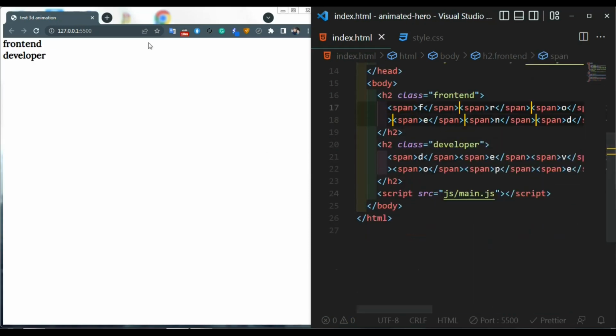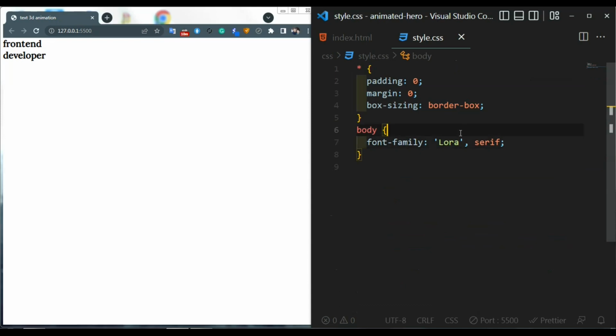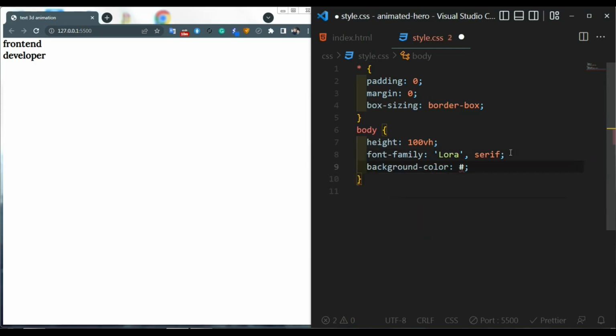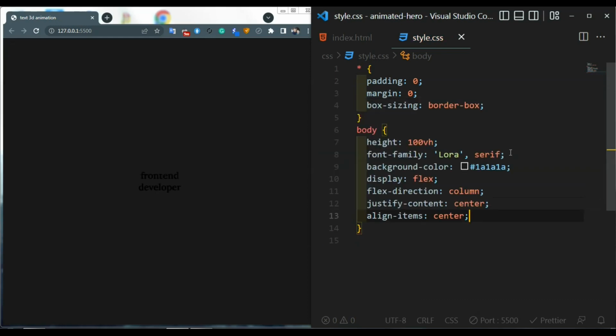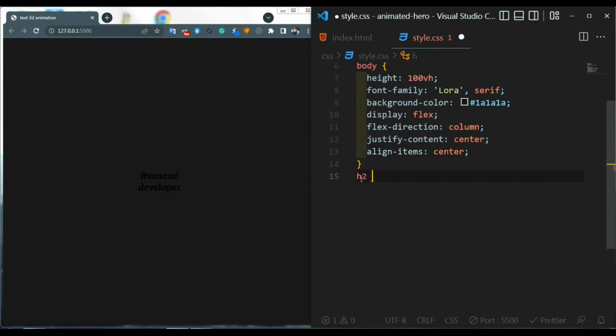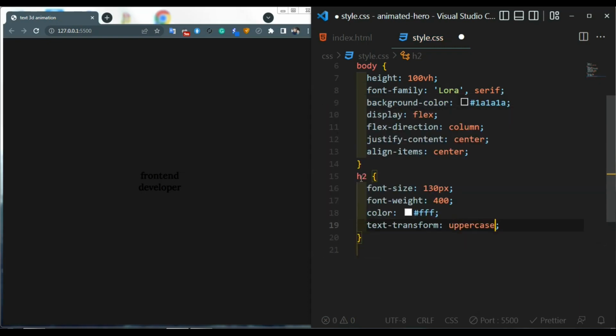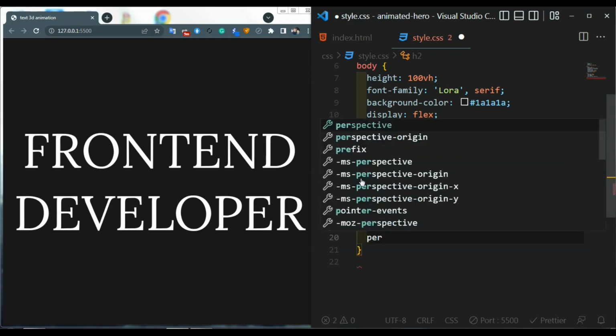Great. Now we move to CSS. So we give the body 100% viewport height because we center our content, and a dark background color, and we center our headers with flexbox. Next, we give every h2 its typography styling, as you see, and we add some perspective to their span,